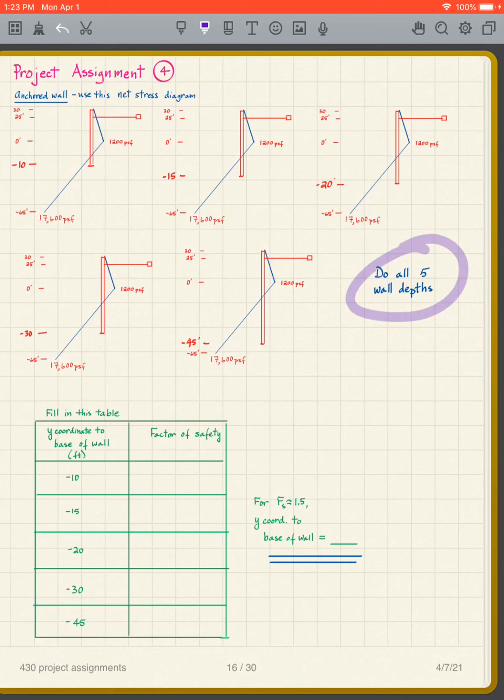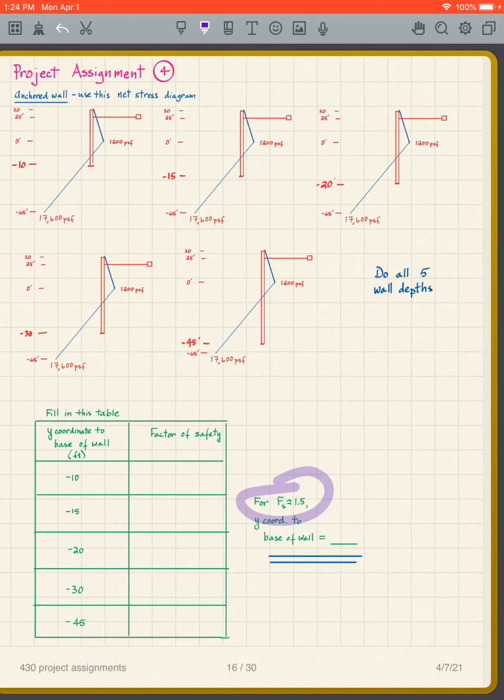So do all 5 wall depths. I'm going to do one of them for you, so you really only have to do 4. And then our goal is to get a factor of safety of approximately 1.5. So our goal is to choose a depth. Here are my depths here. So this is the y-coordinate to the base of the wall: -10, -15, -20, -30, -45. And then we're going to have a different factor of safety for each one of them. And then we want to pick one that's